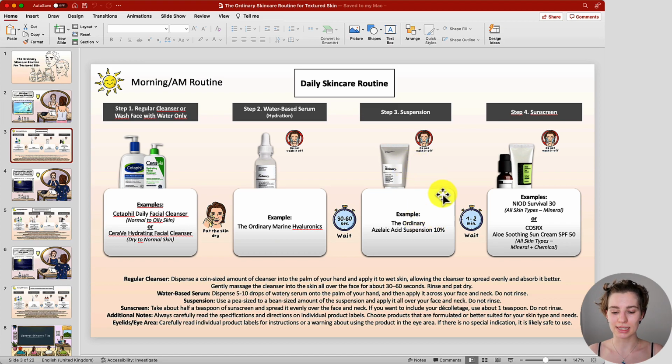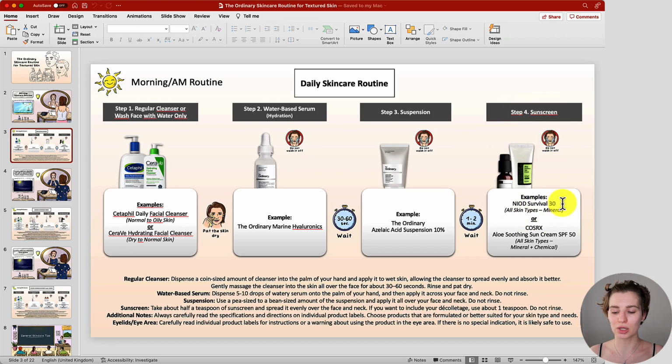So once you have applied azelaic acid suspension, you're going to leave it on the skin. There's no need to wash it off. Here I recommend waiting a bit longer in between so that the suspension can to some extent absorb into the skin, but to some extent also set, so that when applying your sunscreen afterwards you won't come across any issues. Now again, with the sunscreen, I did not pick the ordinary one because that one leaves a terrible white cast. I picked sunscreens that I can recommend that I like myself. And so then this will be those two examples.